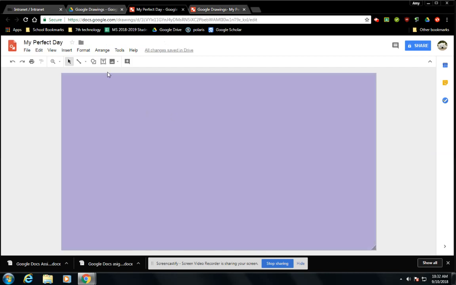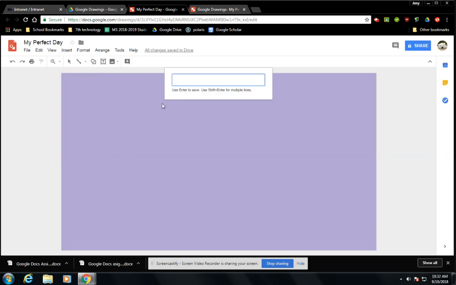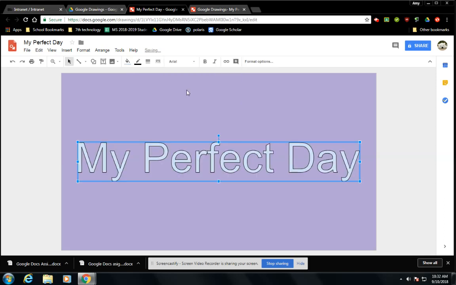I get to use something called WordArt, which the program really doesn't see as words. It kind of sees it as an image. Because it sees it as an image, I'm going to go down here, insert WordArt. Once I type in the title, which is "My Perfect Day," I'm going to hit enter. And now when I show you some of these options, you'll understand why the program sees it as